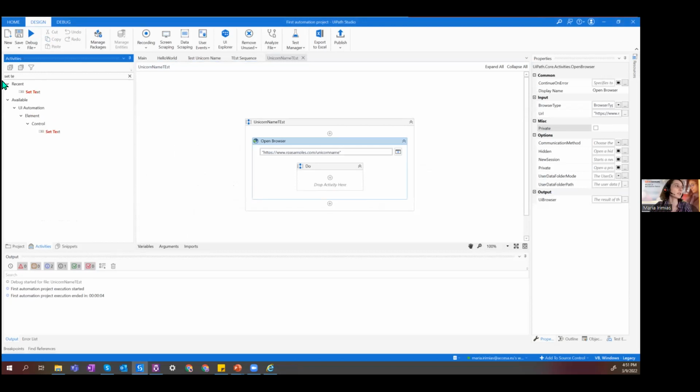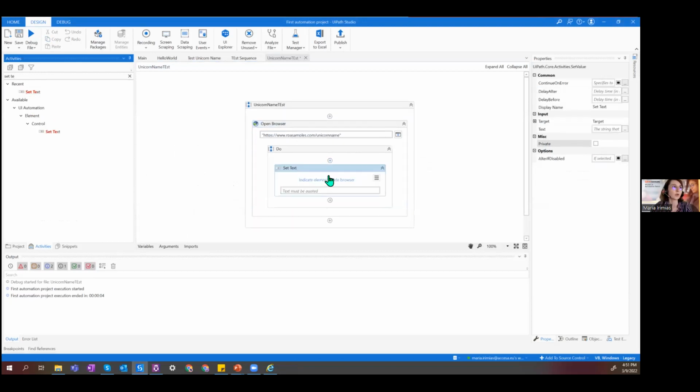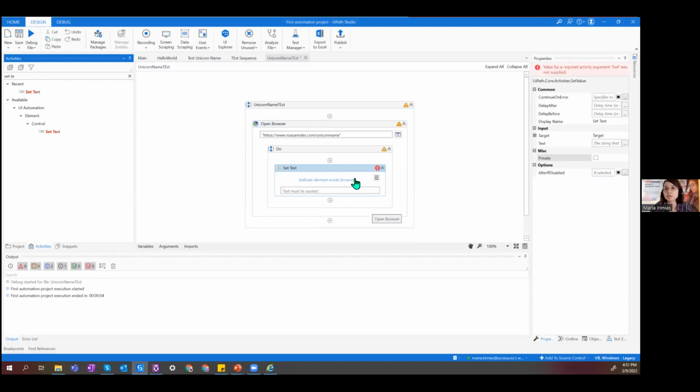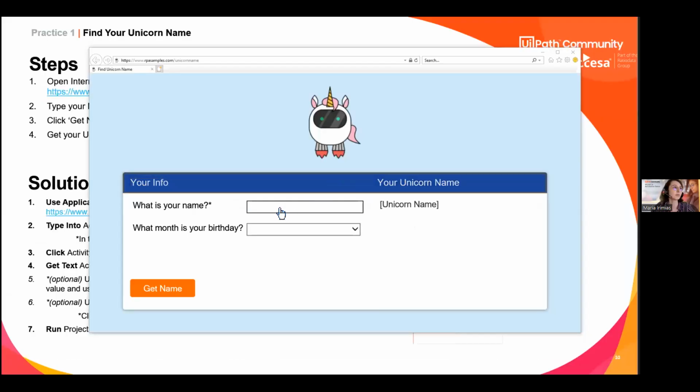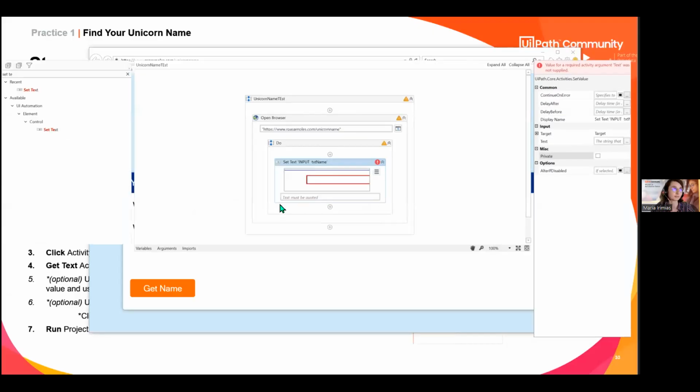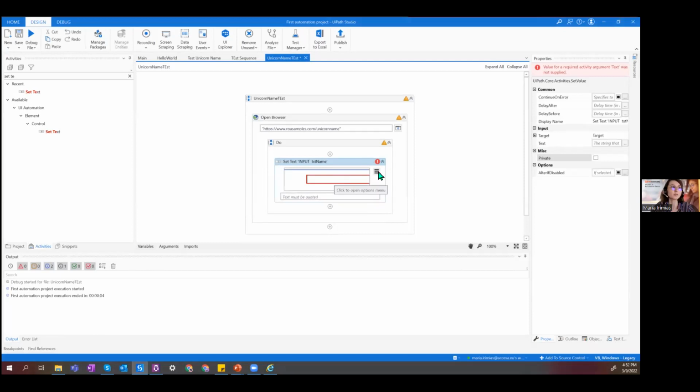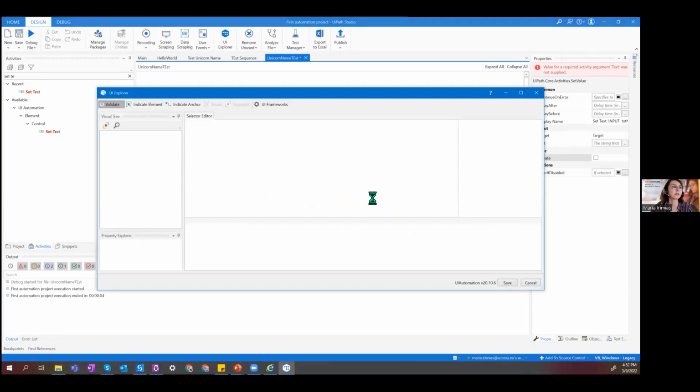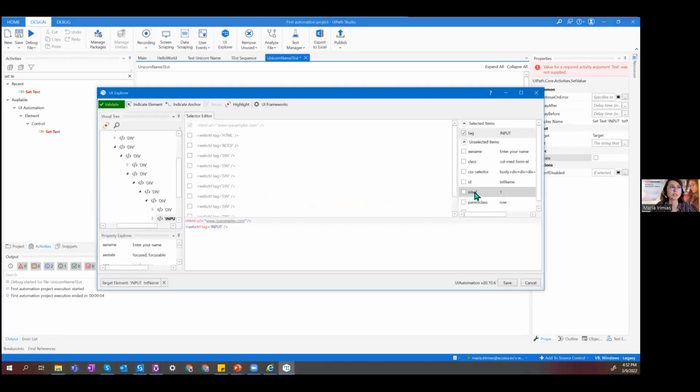And in my automation, because there is a text box, I have to insert a text. I will search for a set text control, drag and drop it, and I have to insert a text. I can now indicate the element. Which element? I want this element. Here it will provide me the default attributes, but I do not want that.